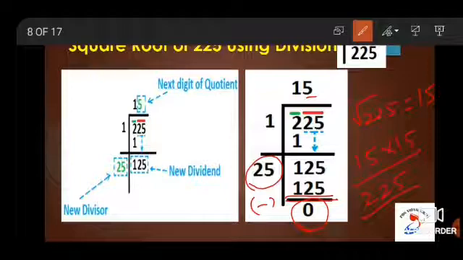What is the quotient you have written? That number should be multiplied by 2 and you can write it over the next side. Then some number you are going to place in the new divisor. The same number you will place on the quotient also, and you will multiply and check. If you are getting the same number, you have to subtract. If you are getting the remainder as 0, the given number will be a perfect square. These are the steps for performing long division. I have taken a simple example of 225 and explained the method. You can also try for other bigger numbers.